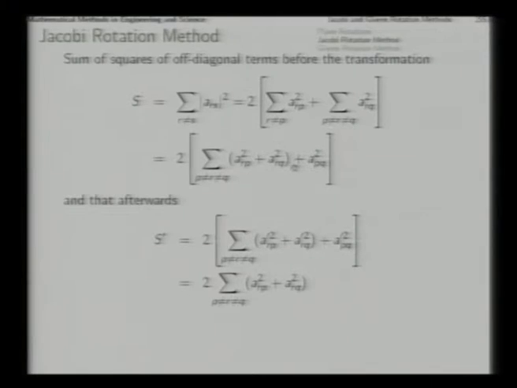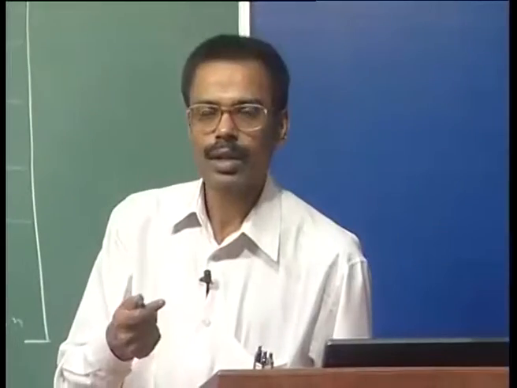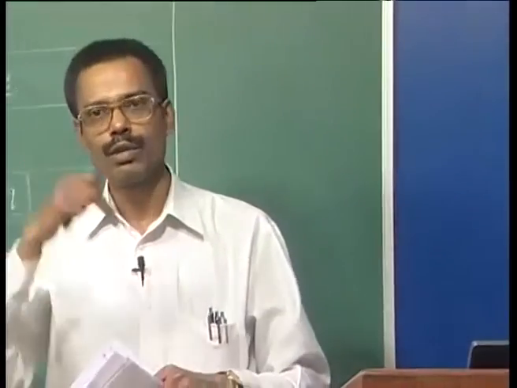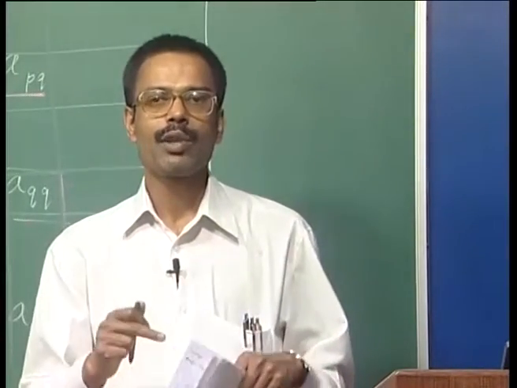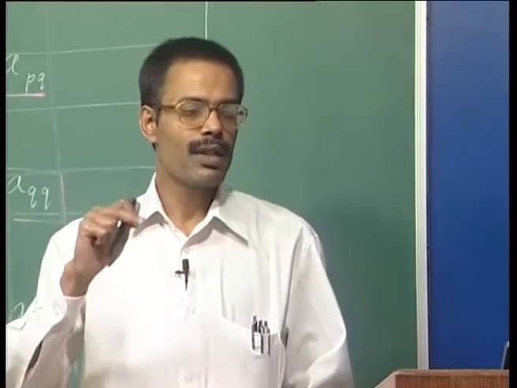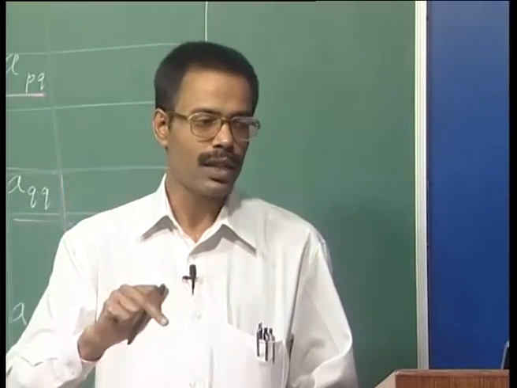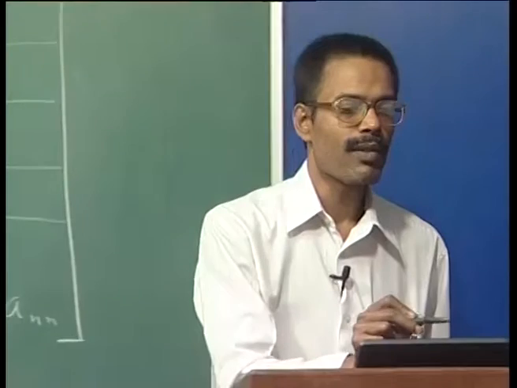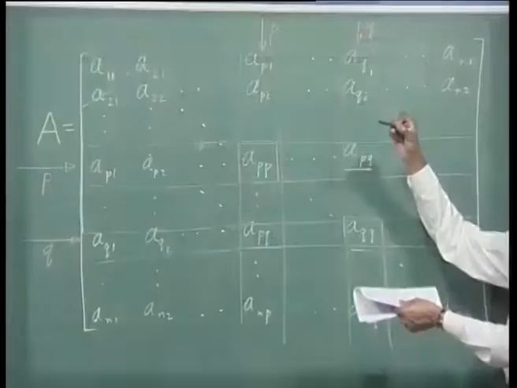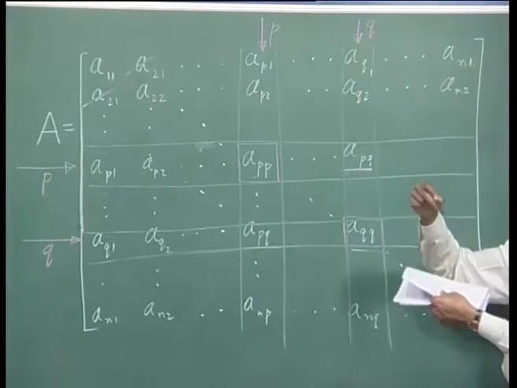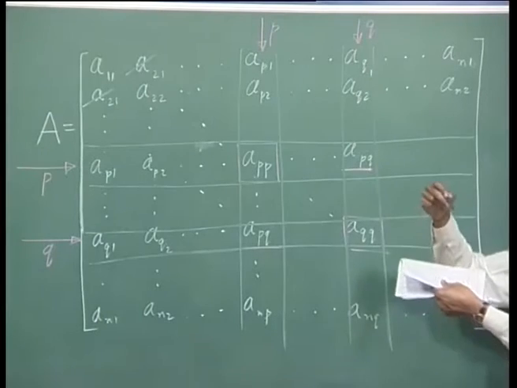So, that means that even if old zeros are overwritten in the new Jacobi rotation transformations, yet at every Jacobi rotation transformation there is a net decrease in the sum of squares of off diagonal terms. That means, over every Jacobi rotation the off diagonal terms go on becoming poorer and poorer in their magnitudes.